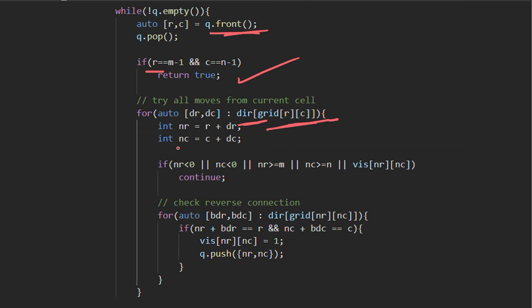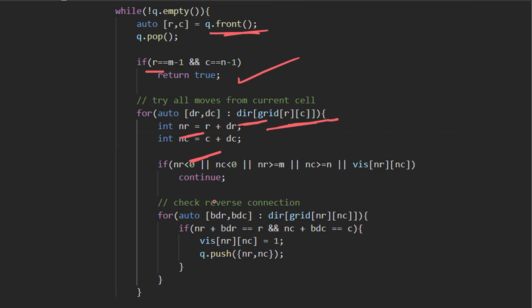So using those increments in the current cell, we will find the new coordinates, that is new row and new column. And then we check if the new row and new column are already visited or present in the grid or not. If they are already visited or not present in the grid, then we'll skip it, right?